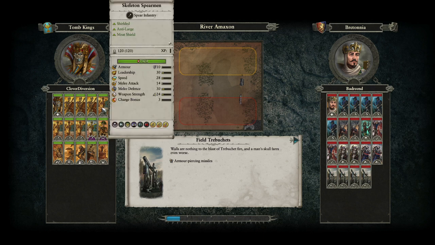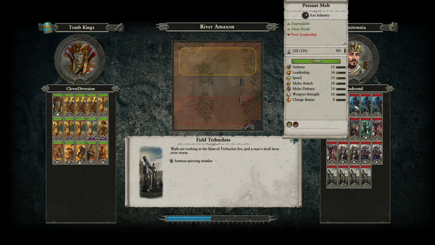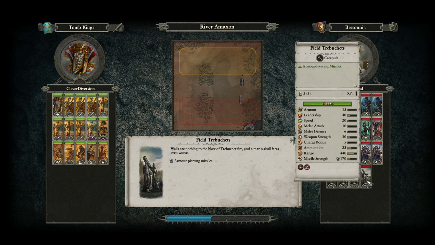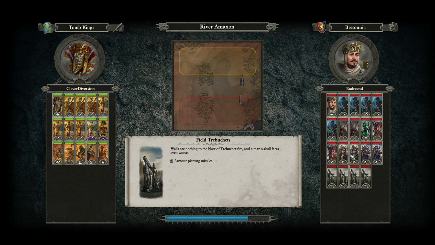Here we are in another matchup. This time we're taking the Tomb Kings against Bretonnia. As you can see, lots of peasants and 4 field trebuchets to just pound our infantry, and then a nice healthy contingent of Bretonnian cavalry. And something that I want to talk about in this is the interesting decisions available for type matchups